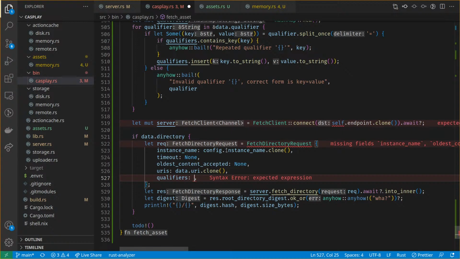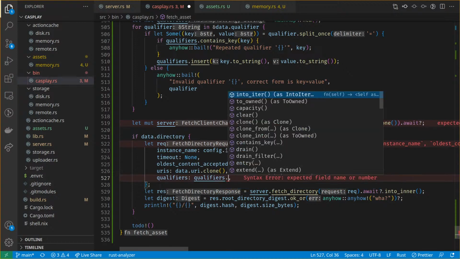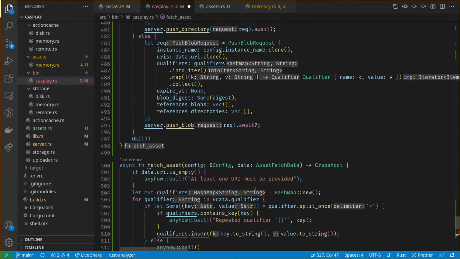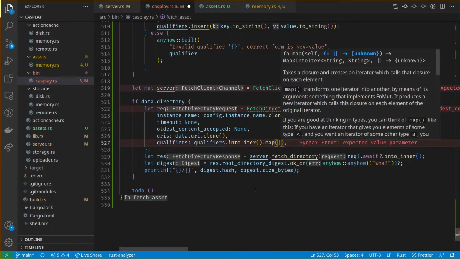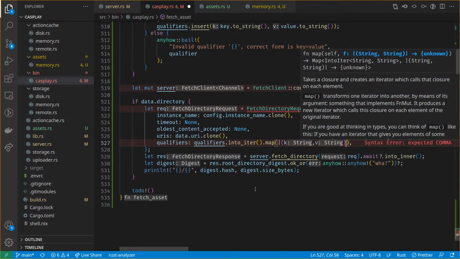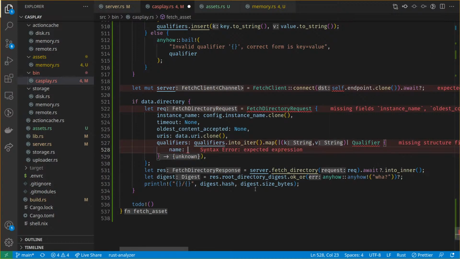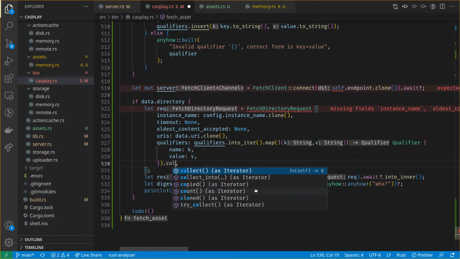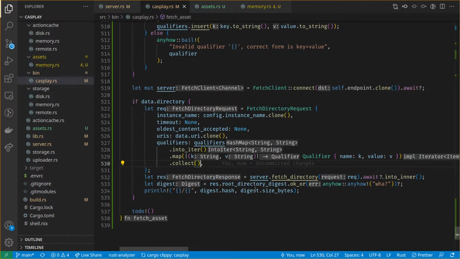Qualifiers will be qualifiers dot into map, AV qualifier name K value V, collect. It's not self there, it's config. Else